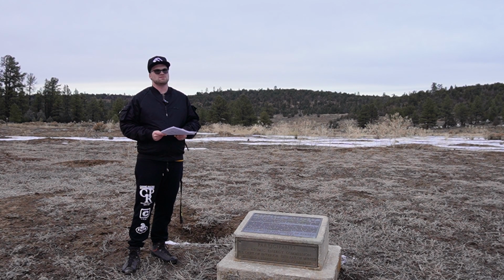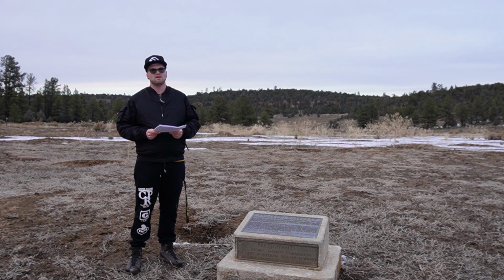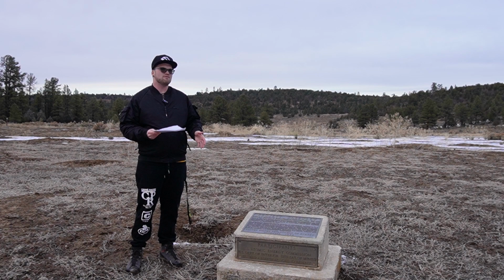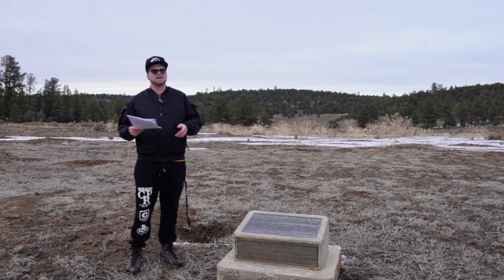But in practical senses, the test was a failure. The natural gas produced was too badly contaminated with radionuclides to be used. Instead, it was burned off on site from a flare maybe 100 feet behind me. The additional natural gas that was produced as a result of the nuclear stimulation was estimated to be worth about $75,000. To put that into scale, the nuclear device alone had a cost estimated at about